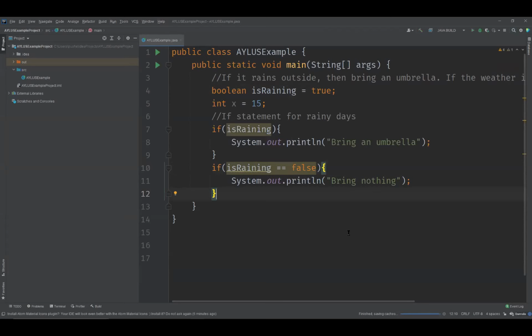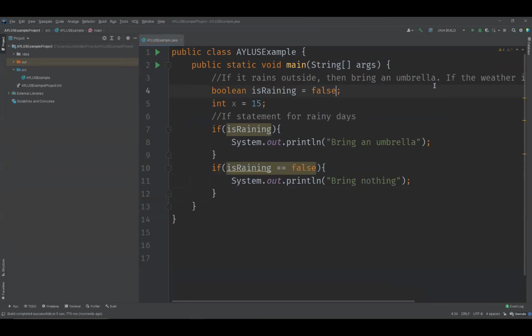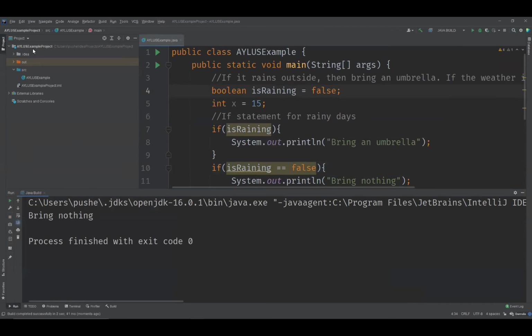and let it build, we can see, let me move this out of the way. You can see bring an umbrella down here. And if we set this to false and we run the code, we can see bring nothing. And that's how if statements work. So you can see it responds to whatever input you give it, right? This is the input. Now, I think it was the first day we described how you have input and output for code. This is the input. And it'll give you a different output depending on what input you put in. So yeah, now it's time to try it yourself